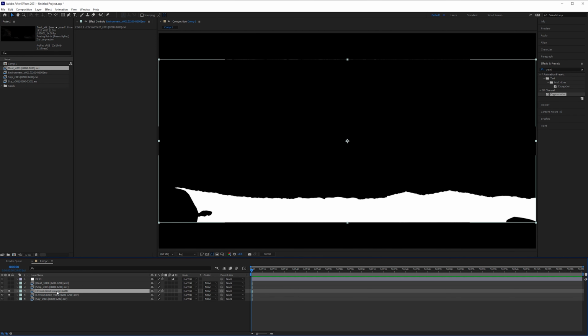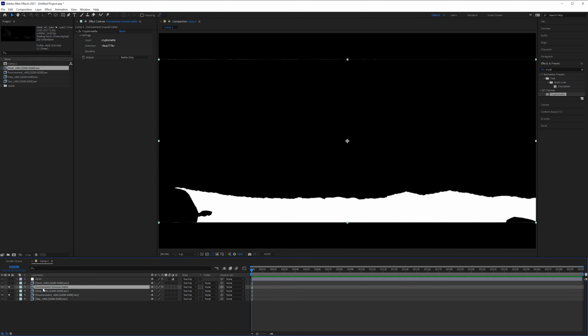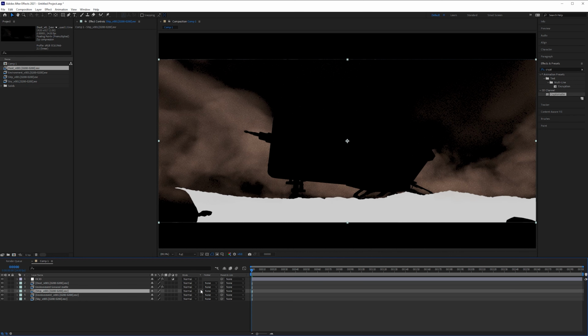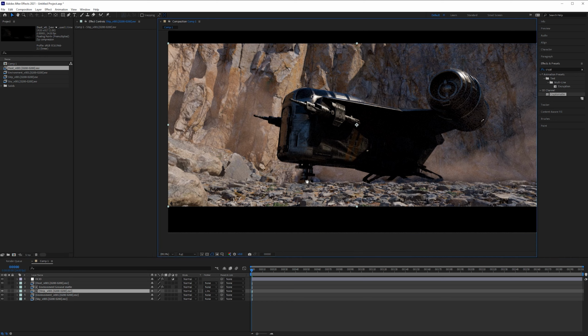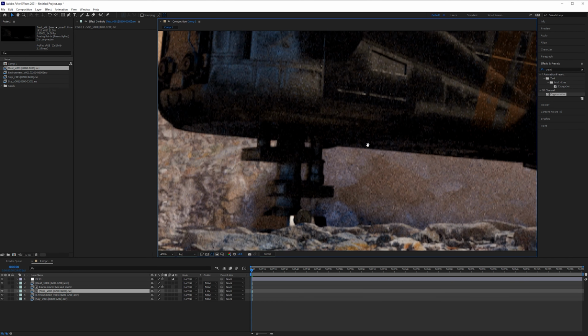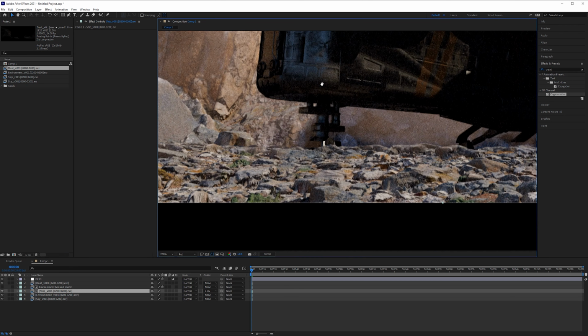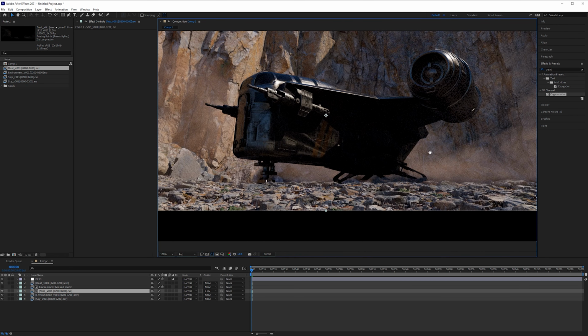So then on the ship, we would drag our environment ground above the ship, turn off these solos. Then on the ship right here, we would say track matte would be Luma inverted. That ship can go anywhere except where that ground is. And now you can see it is hiding behind those rocks. Like that. So that's basically what we would do there.